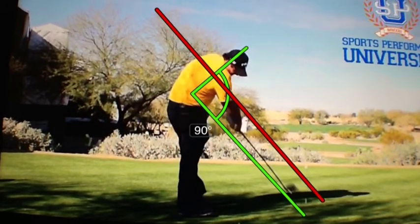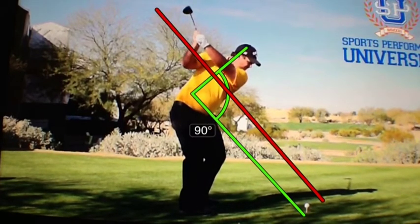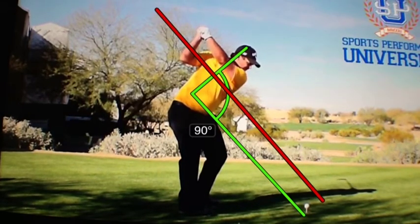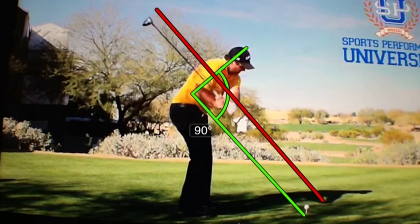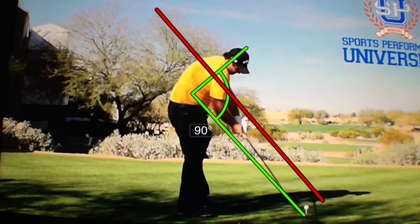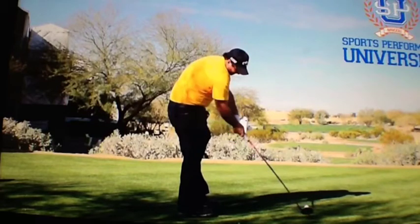what I want you to think about on your downswing here, okay, or at least to feel, is, as you start down, I want that tail to stay back into impact, okay, right into impact, and that's going to help you maintain your spine angle. So if we take another quick look at that,